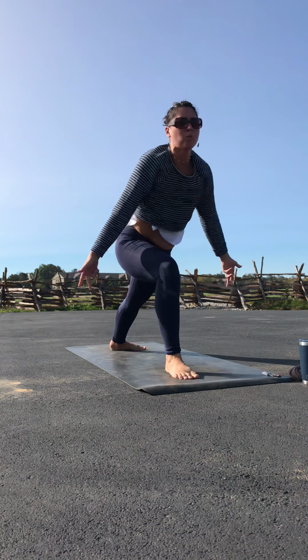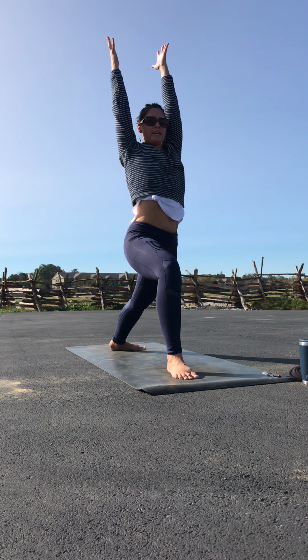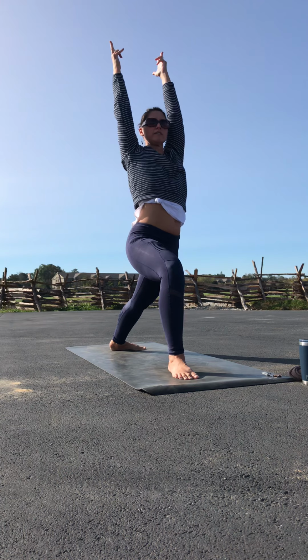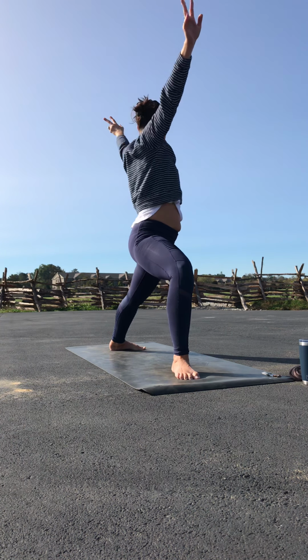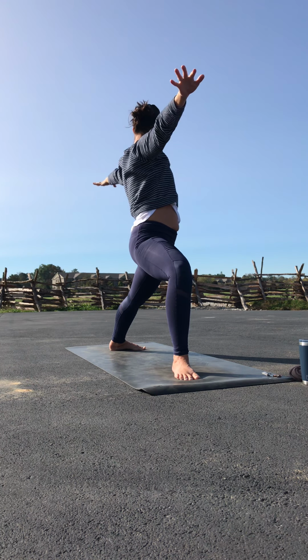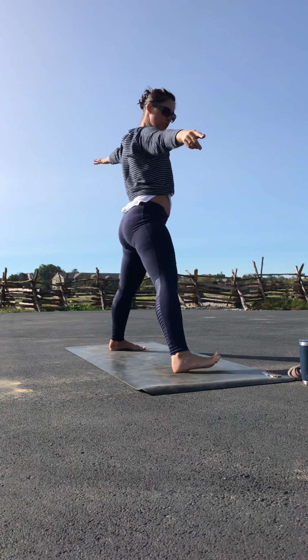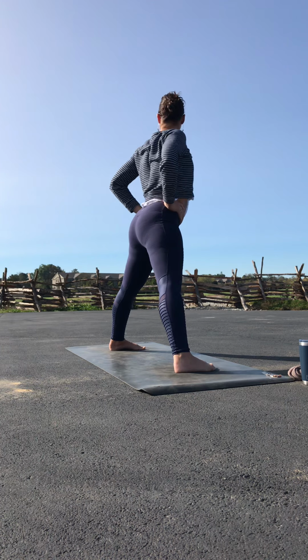Back heel down, warrior 1 as you rise, reach those arms up overhead, pull the belly in, ground through the outside edge of that back foot. Warrior 2. Think about stacking that left shoulder over the left hip. Straighten the front leg, turn the foot so the outside edges are parallel, hands to the hips, and then fold